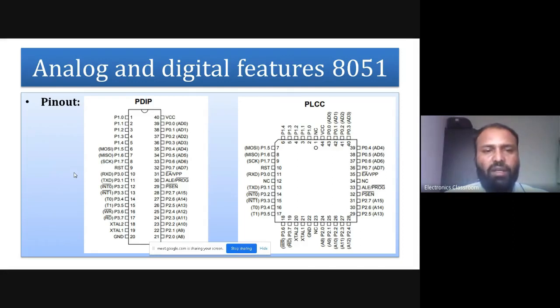Then P3.6, which is given to pin number 16, is write bar, and P3.7 is read bar. So what does bar indicate? Bar indicates that whenever there is an active low signal, at that time this signal is going to be active. For example, read bar means the microcontroller is going to make this pin low for a read operation. Write bar means the microcontroller will